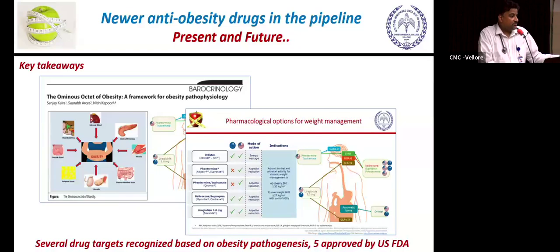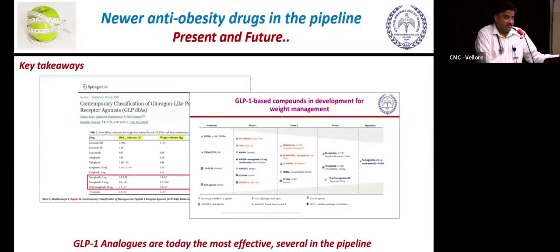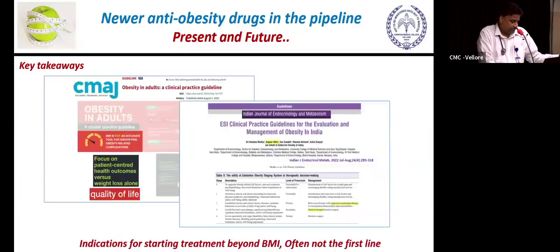Several newer targets for obesity management are being recognized. GLP-1 RAs stay, I would say, to really provide a good amount of weight loss. Many of them are very effective. We have some of them which are already approved, but soon getting more in the pipeline. We talked about the indications for starting these medicines, not only dependent on BMI, and we have to look at the overall